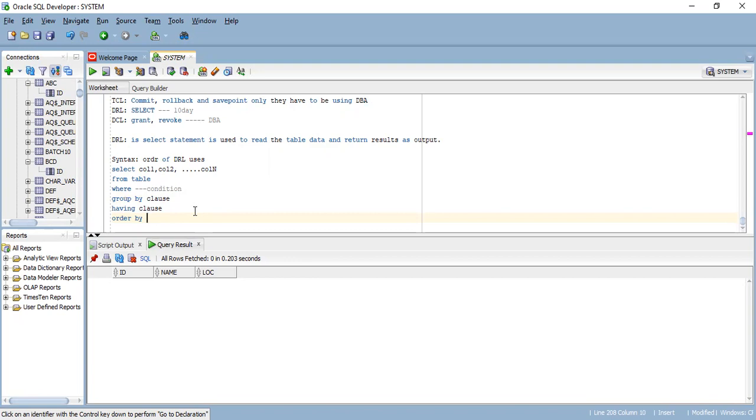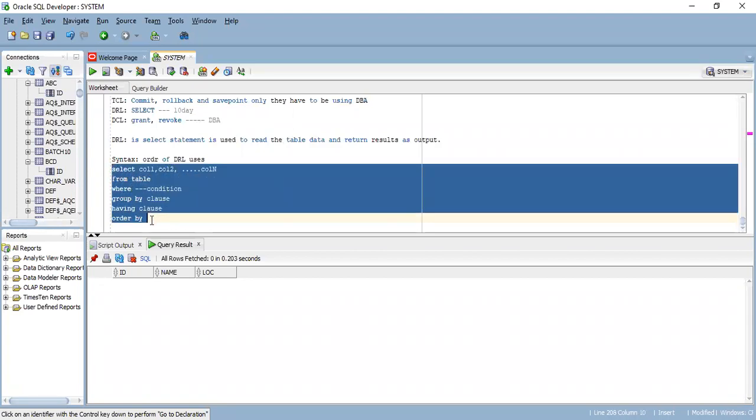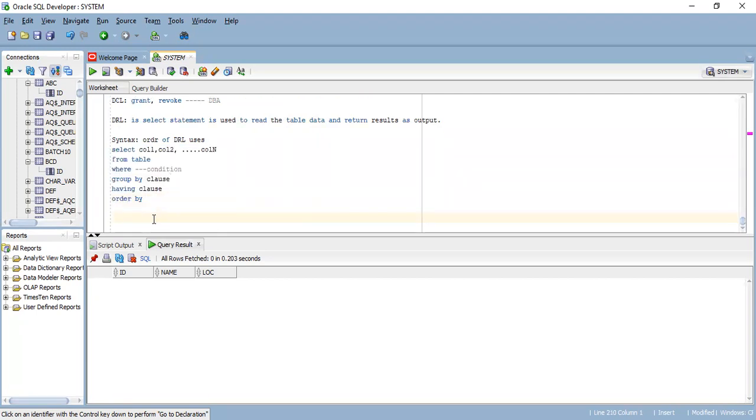How can you prepare the select command? That is the most important thing. From select to order by, this is the structure of select statements, and we will discuss each of these in this class. So let us start our select command. How can you prepare it? Here, for example,